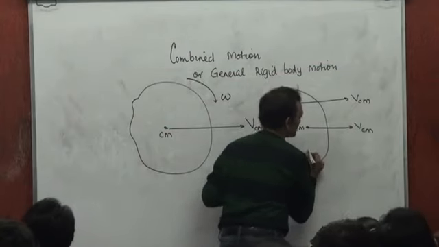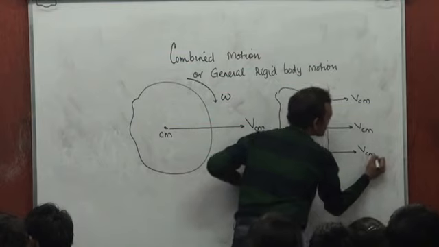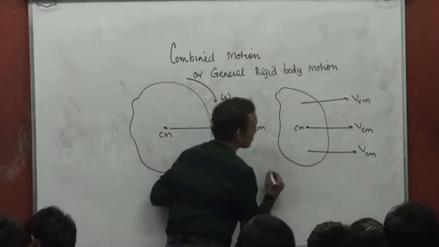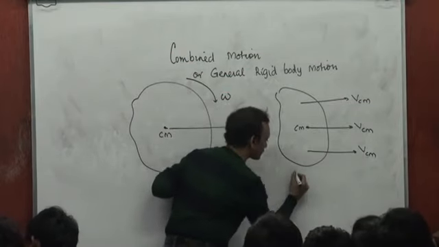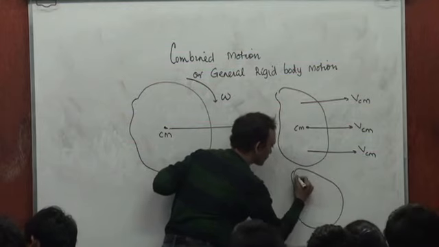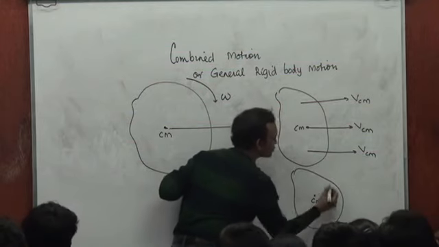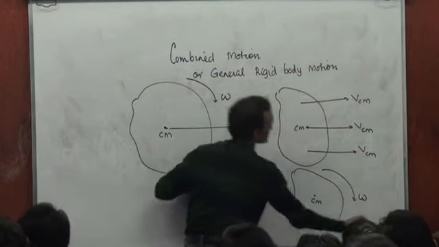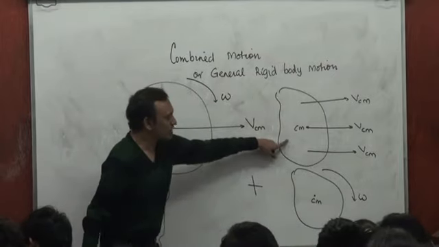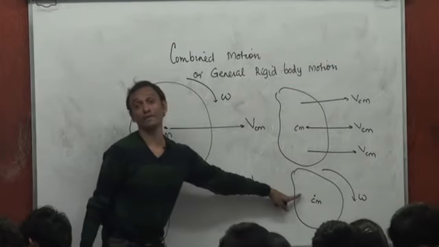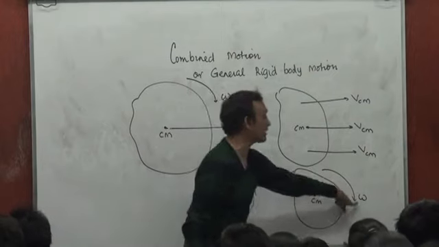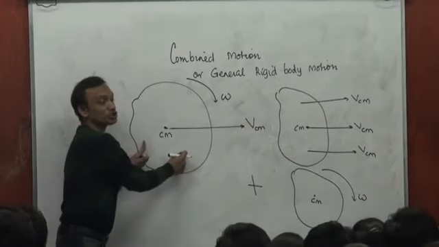Every single particle has the same velocity, synonymous with the center of mass, plus imagine it to be in a state of pure rotation about the center of mass. Pure translation plus pure rotation about the center of mass with angular velocity omega will be this motion,